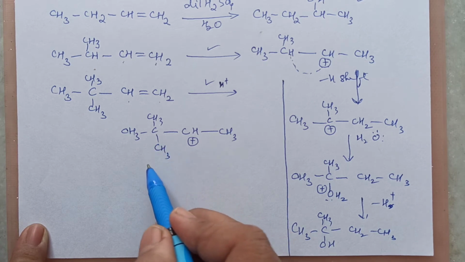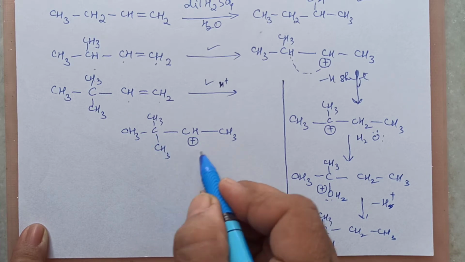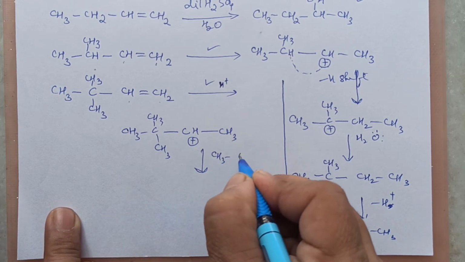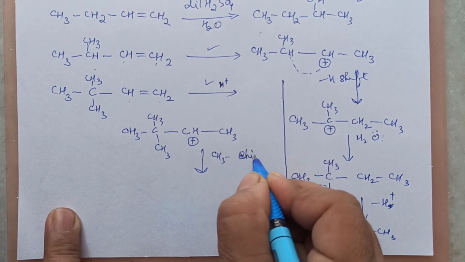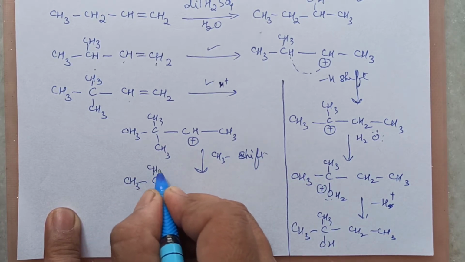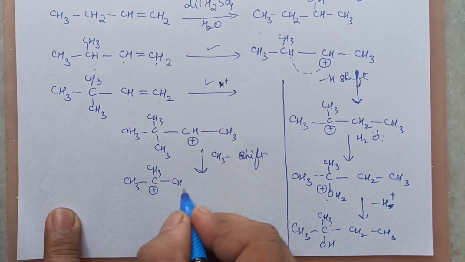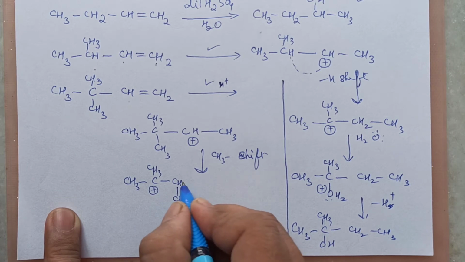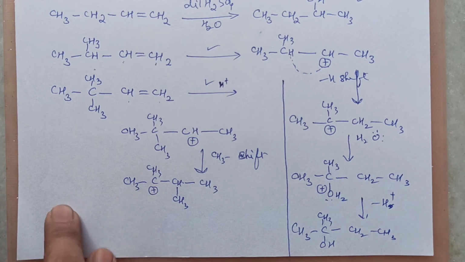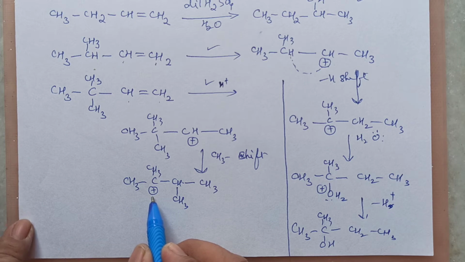There is a possibility that CH3 should come here. It's a methyl shift. So this methyl shift will be there. When this comes here, what will happen, children? CH3, C, CH3, you will get this carbocation. This CH3 has come here now. This is CH3 and you will get here CH. From here this has gone. This has become now 3 degree. Now water will attack here and deprotonation will occur here. So you will get OH here.